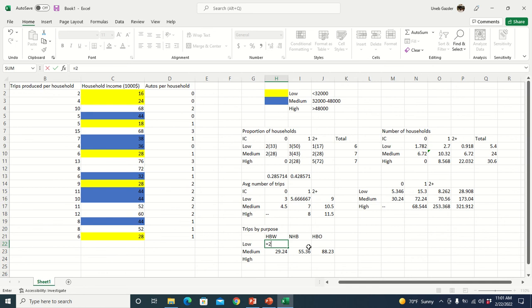So 29 is the number of trips for low income, rounded off. Then 15% of them are work, and then 29 multiplied by 30% is non-home based, the remaining is